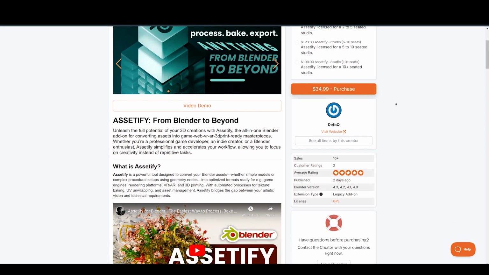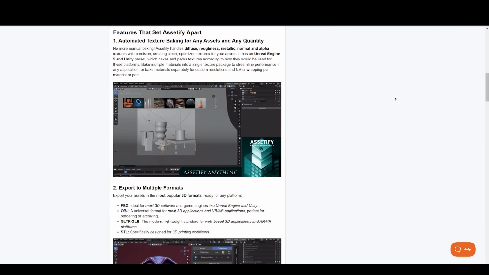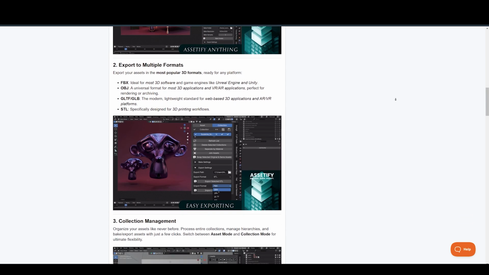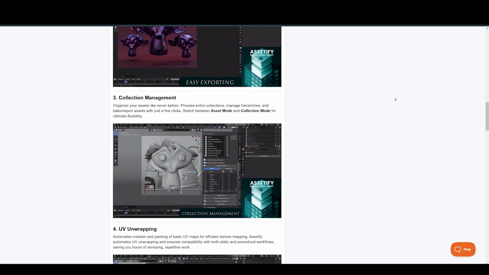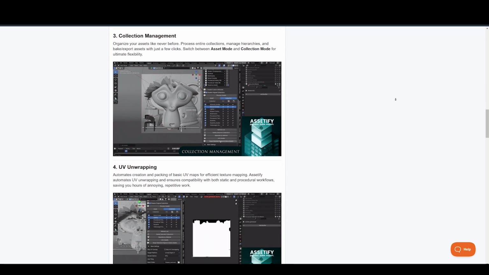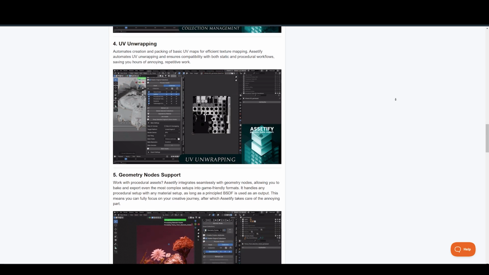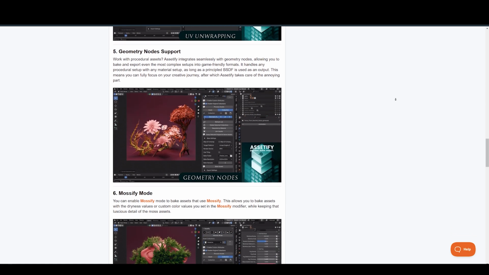Assetify is a powerful tool designed to convert your Blender assets, whether simple models or complex procedural setups using geometry nodes, into optimized formats ready for e.g. game engines, rendering platforms, VR/AR, and 3D printing. With automated processes for texture baking, UV unwrapping, and asset management, Assetify bridges the gap between your artistic vision and